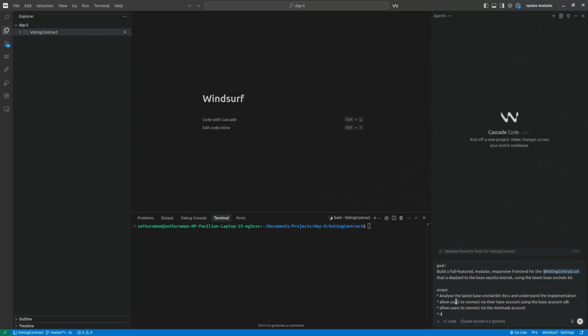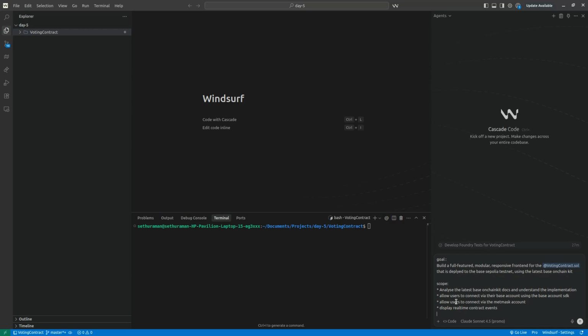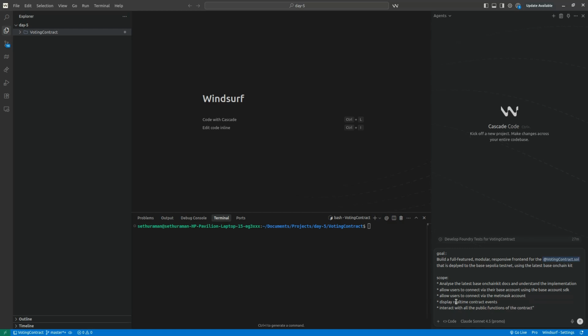Then we need to display real-time contract events. Yeah, interact with all the public functions of the contract. I don't think we have external. So be fully responsive, visually clean, and follow a modern design style with